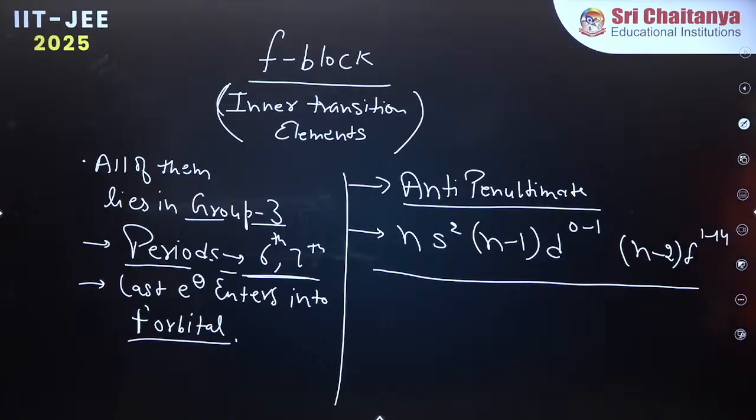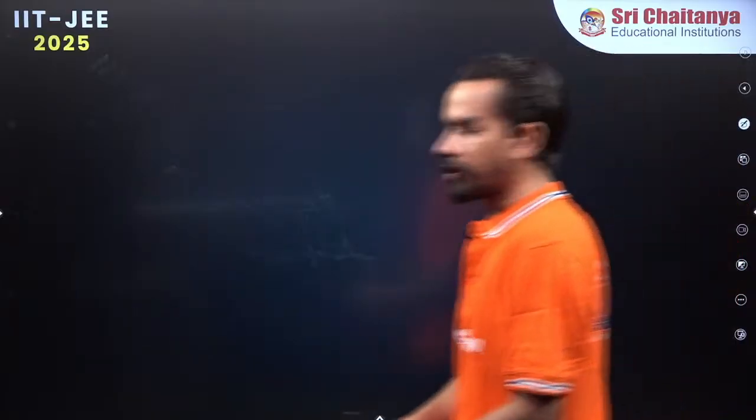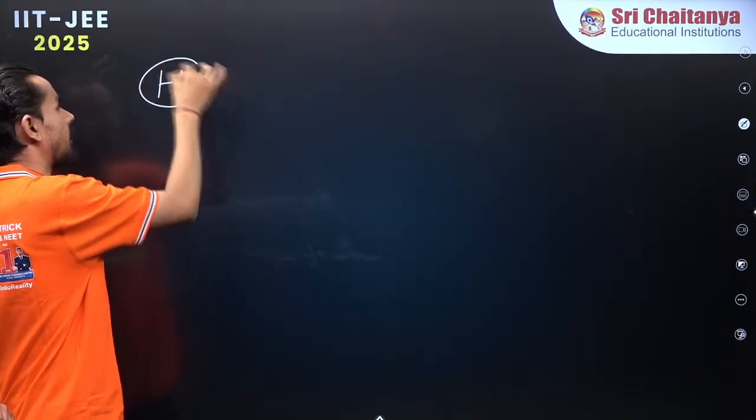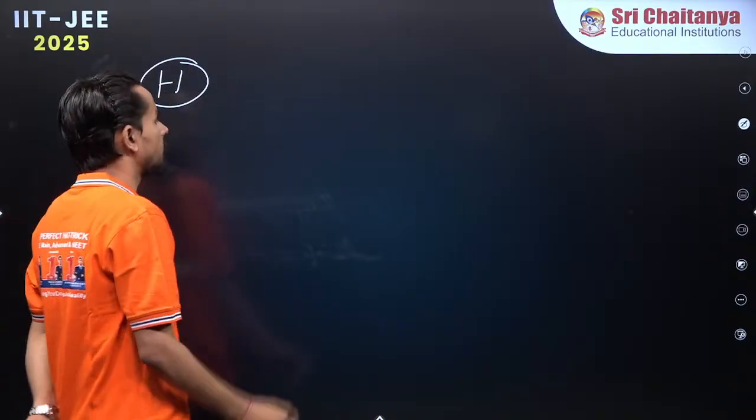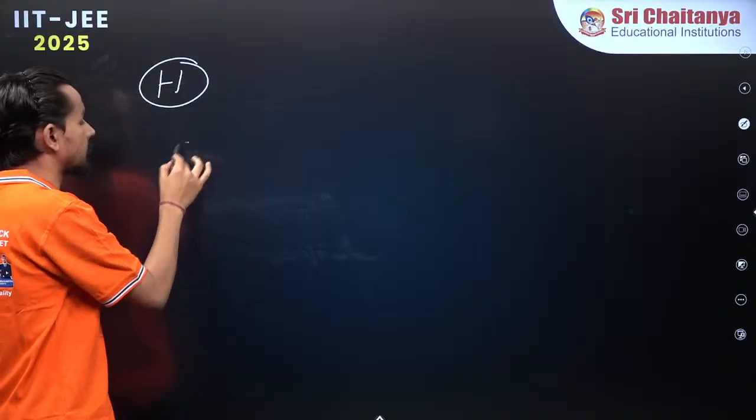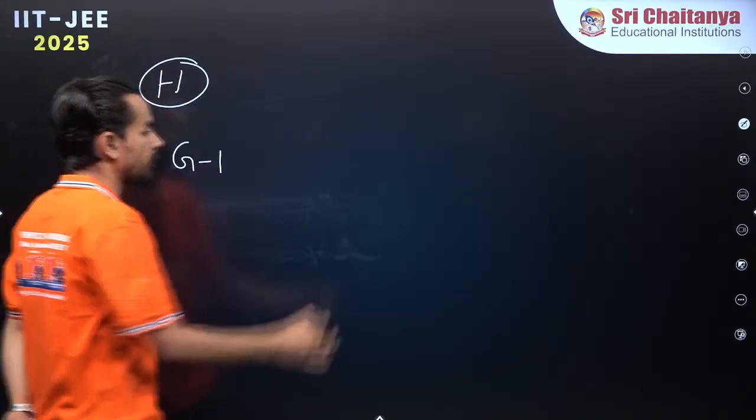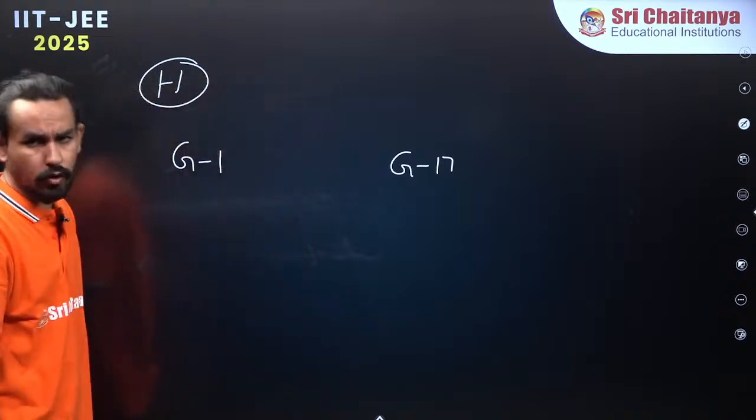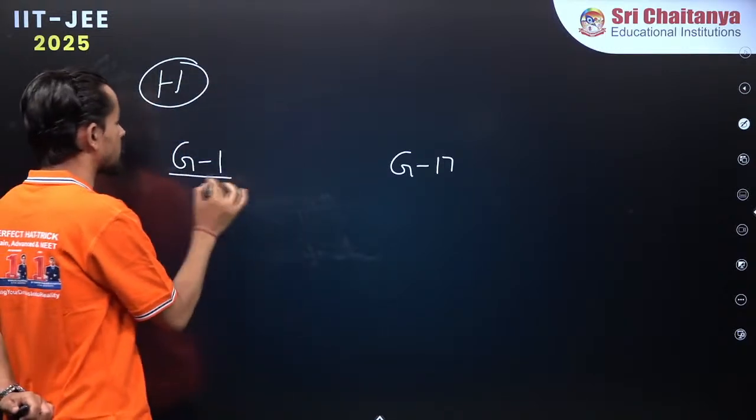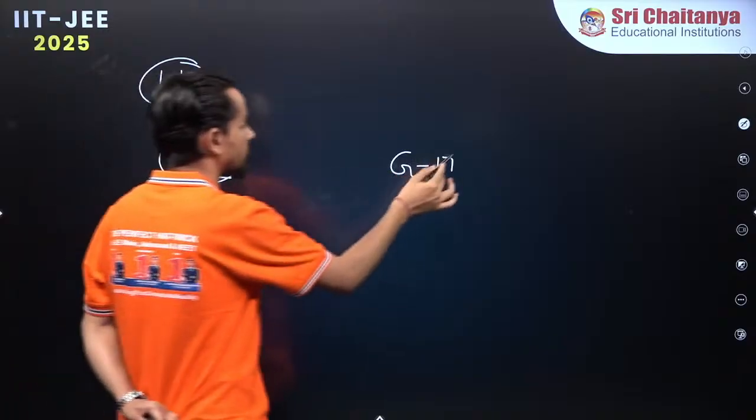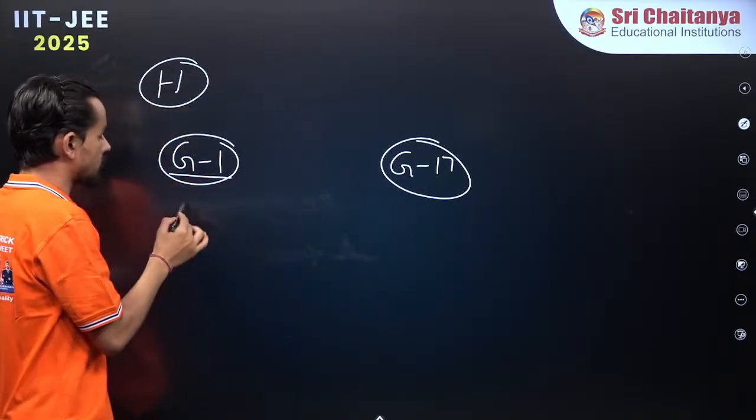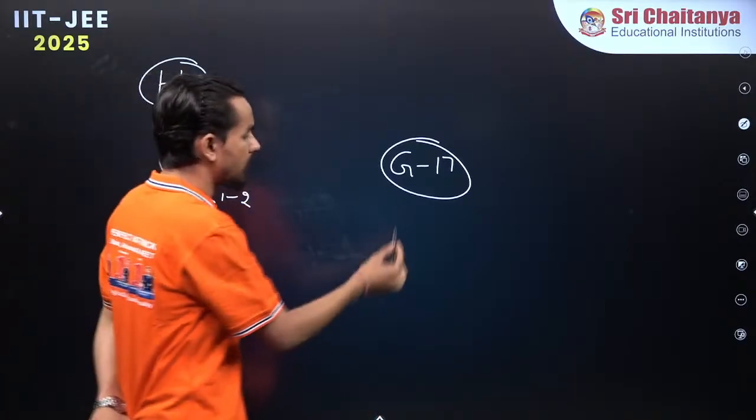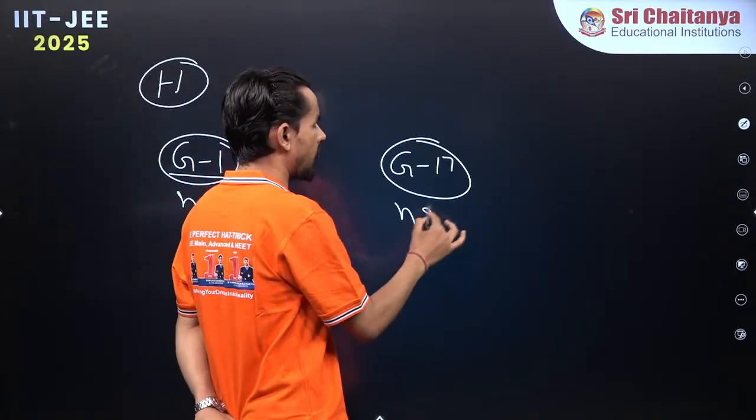Okay, now we can move. Let us move to two more things. One thing is hydrogen. There are two groups in this periodic table, group 1 and group 17. Group 1 is always ns1 to 2. Similarly, group 17 is what? ns2